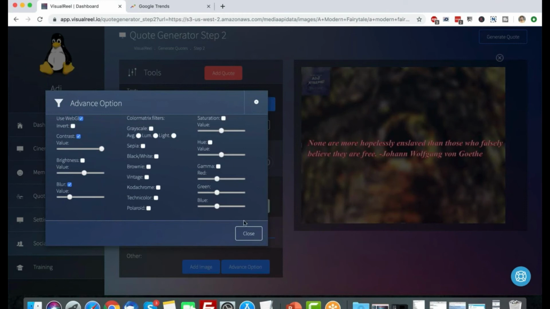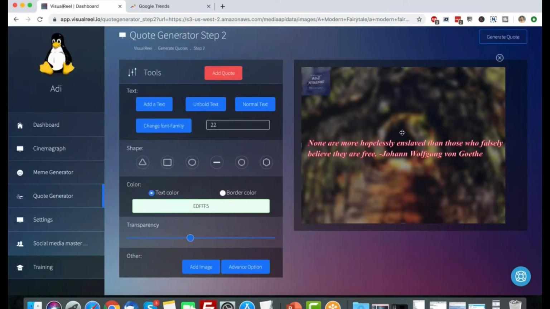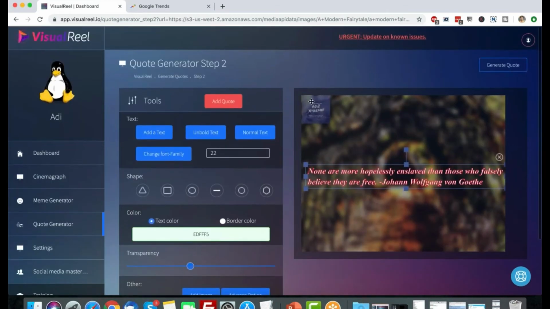Now, again, I can keep playing and keep changing these settings. I can have a perfect looking quote background the way I want it. But if I'm okay with it, this is pretty much it. I've got the perfect background. I've added my watermark, my own image. I can add as many images as I want. I can add a box if I wanted. Let me reduce the size of the box a little bit.